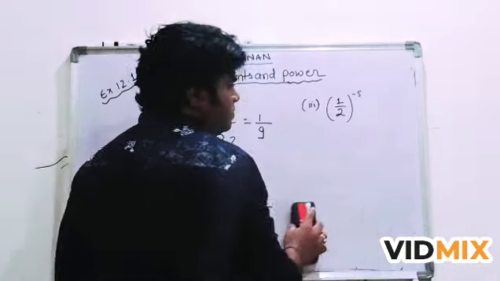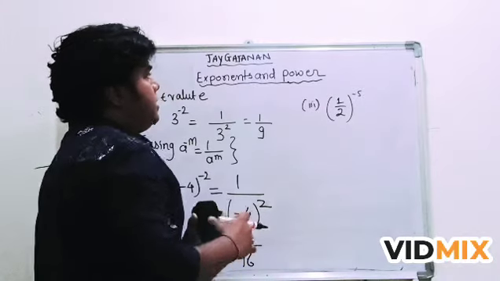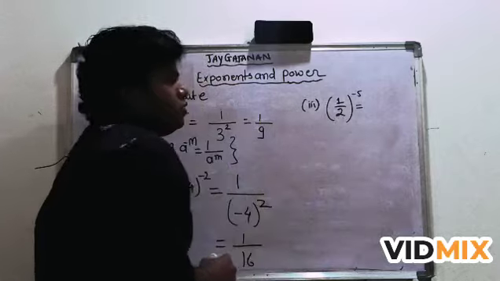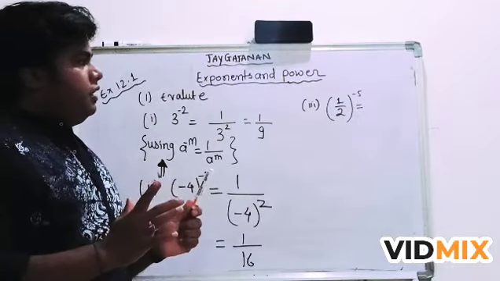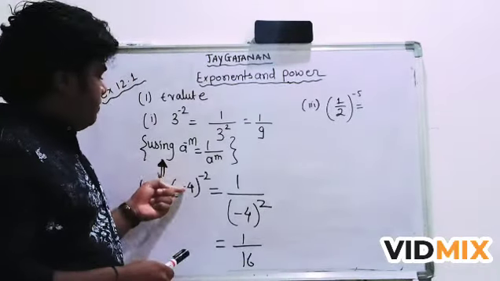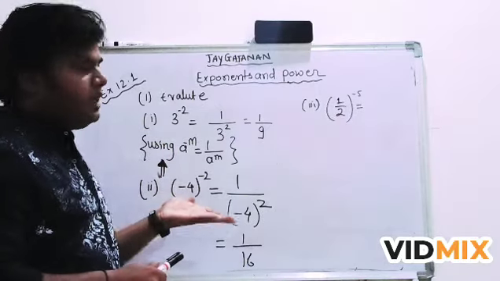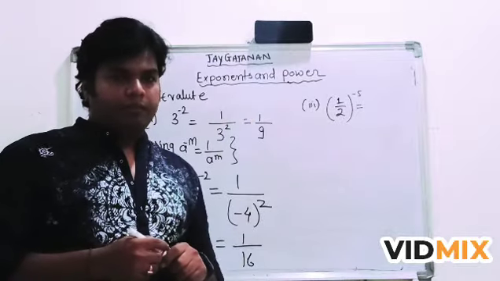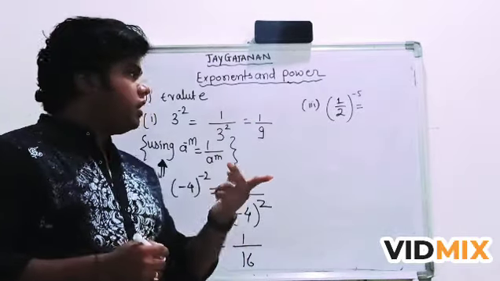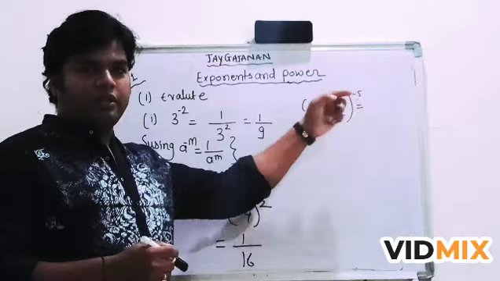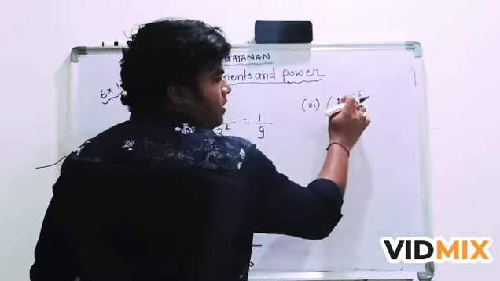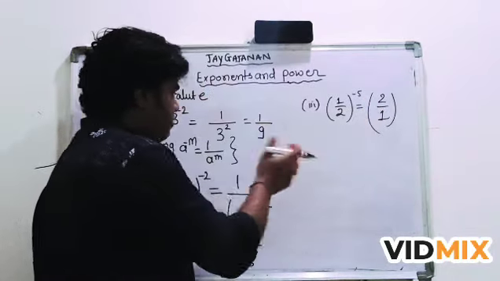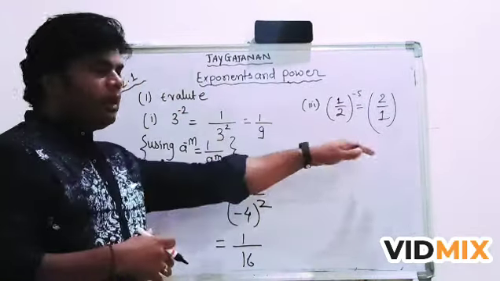Now the third one, we have to solve this third one: 1 upon 2 to the power minus 5. Here there is not only a 1 upon; it is 1 upon 2 like this. In terms of such kind of values, what you have to do is take the reciprocal. That means we directly make it positive by reversing it. Like this is 1/2, so it becomes 2/1. This is the simple way, though if we use the identity also, our answer will be the same.